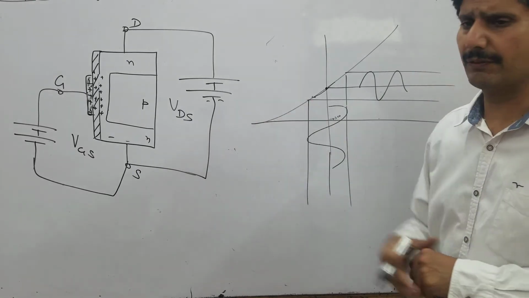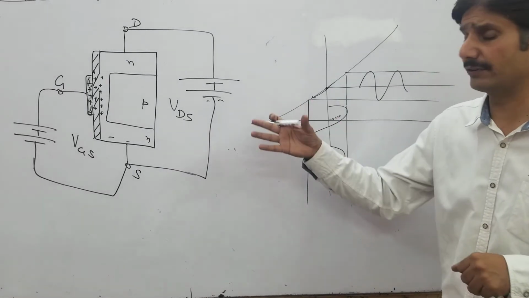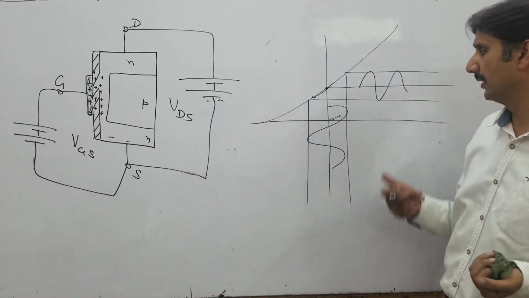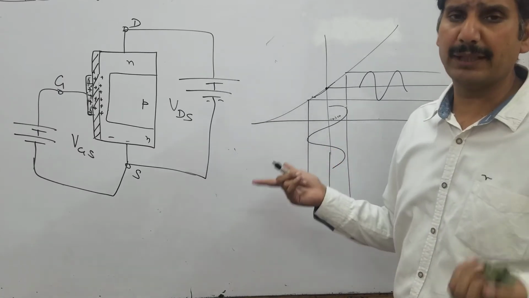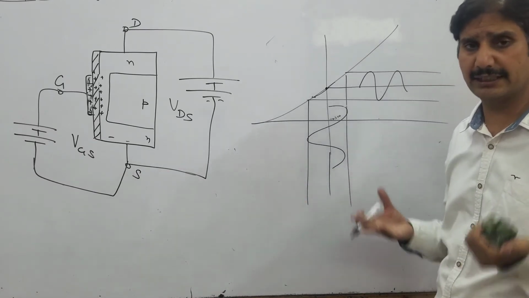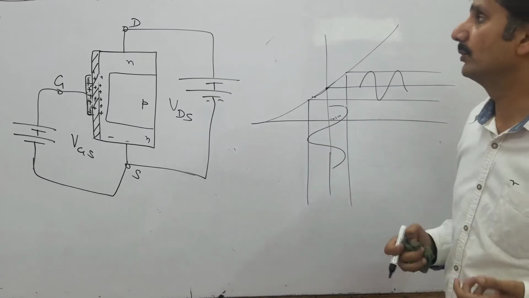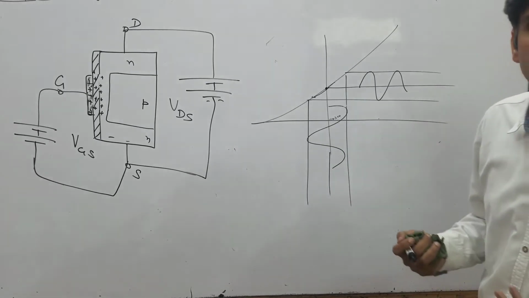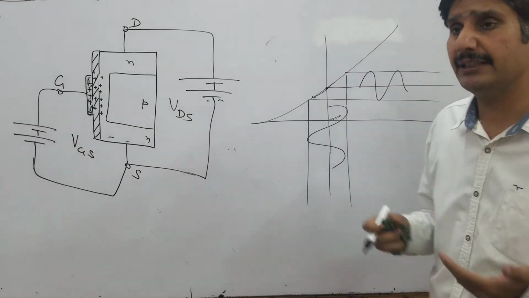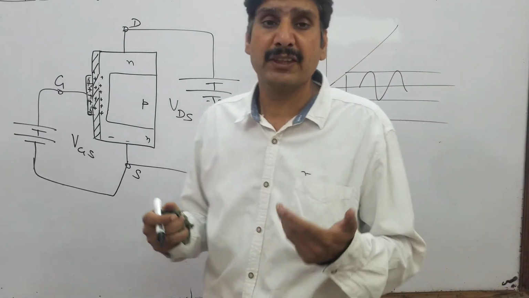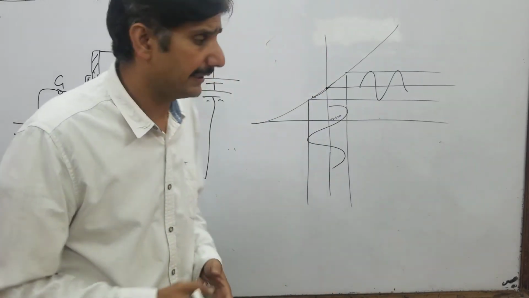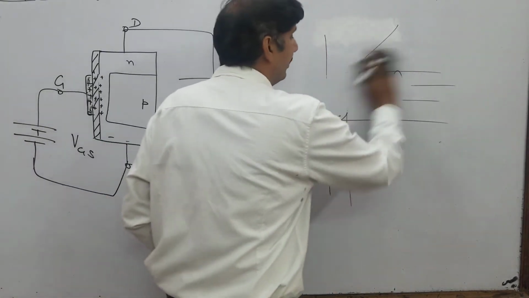So this is what we call depletion type MOSFET, normally on. It is always on, irrespective whether you have applied sufficient gate voltage or not. Even at zero gate voltage, it will conduct, normally on. What about the second type of MOSFET? That is the enhancement type MOSFET. Enhancement type MOSFETs are really good when you are dealing with MOSFET as a switch, especially in digital electronics. Let's see why they are so good.